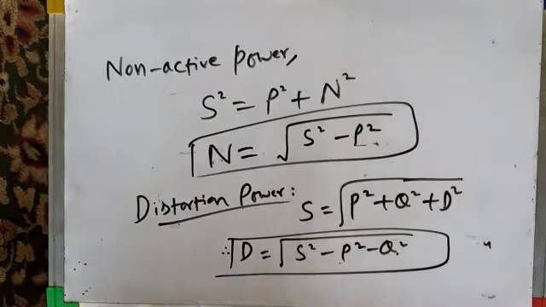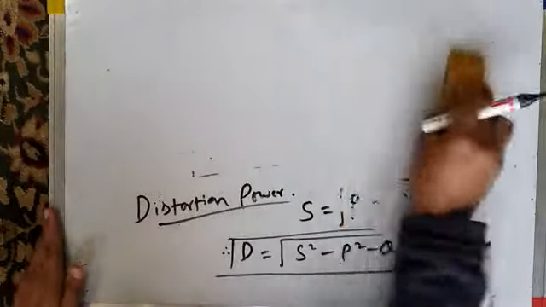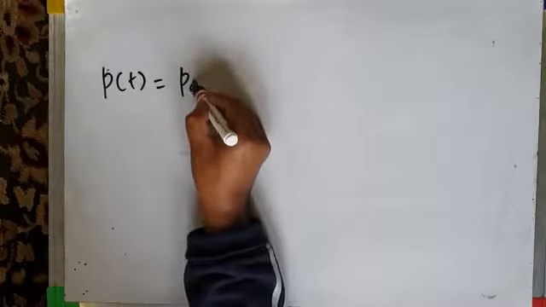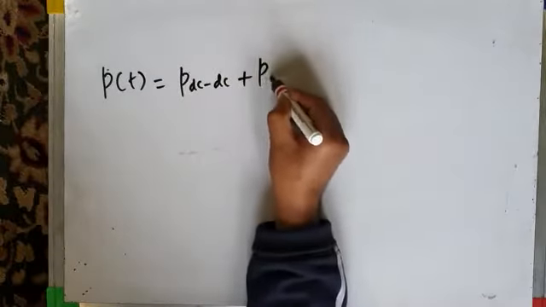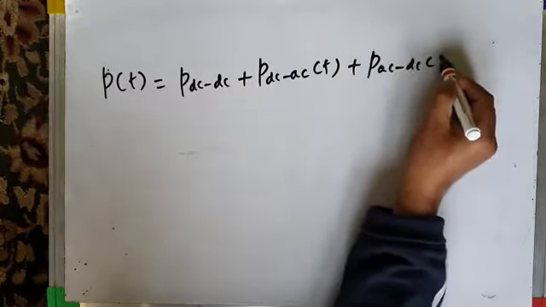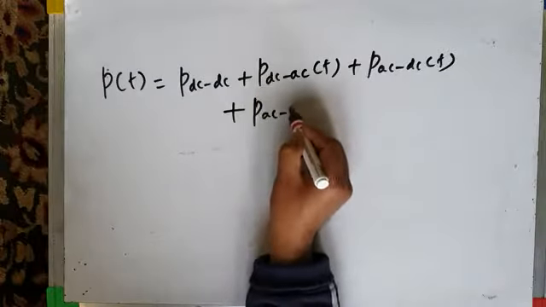That's all about today's lecture. I summarize today's topic. We discussed the worst case where the source voltage is distorted, that is non-sinusoidal, and the load is also non-linear in nature. We assumed that the source voltage has a DC offset and so does the source current, and we ended up with this equation for instantaneous power: P DC DC plus P DC AC plus P AC DC and finally P AC AC.